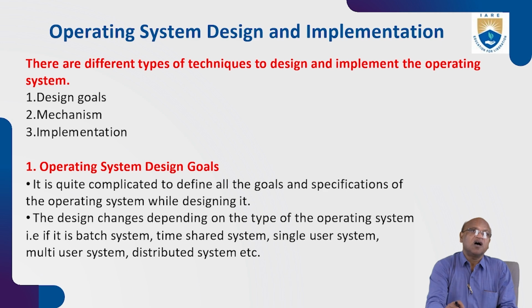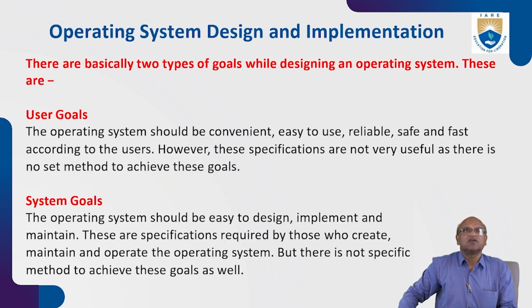We will see operating system design goals. It is quite complicated to define all the goals and specifications of an operating system while designing it. The design changes depending upon the type of the operating system, that is, batch system, time shared system, single user system, multi-user system, distributed system. There are different types of operating systems. Accordingly, once you are designing the OS, what programs you have to write and what programs you have to add to the OS will vary